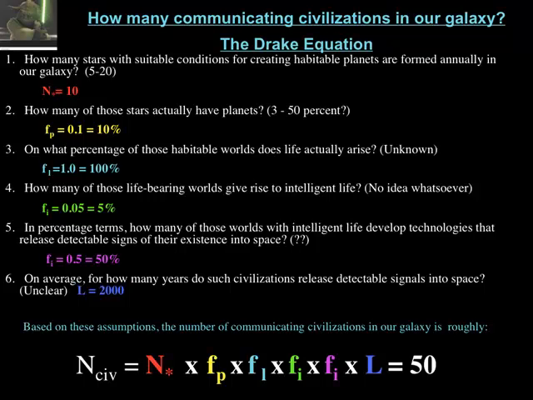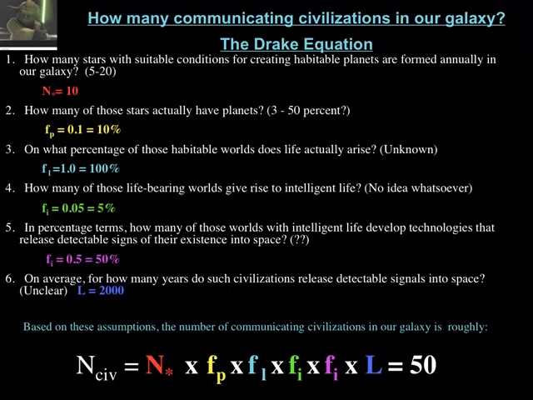Okay. So the galaxy is constantly making stars, but of course stars are constantly dying too. And so what we want to know is how many new ones are made every year. And that number, it turns out we know that number pretty well. That number is somewhere between 5 and 20 every year. So let's just say 10. Let's say that every year there's 10 new stars born that, say, have conditions that in principle could have a